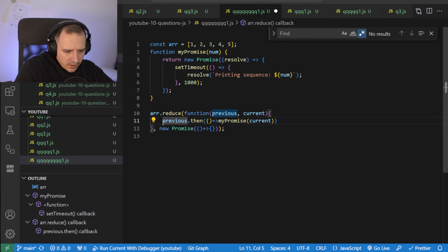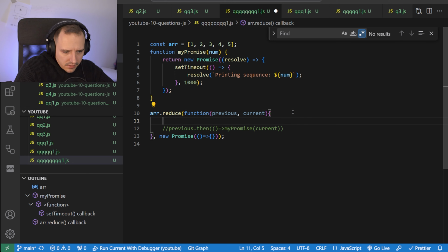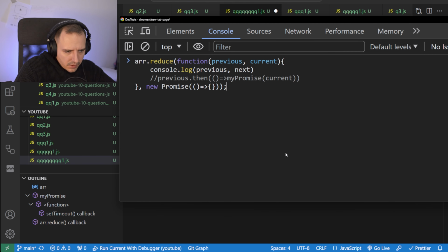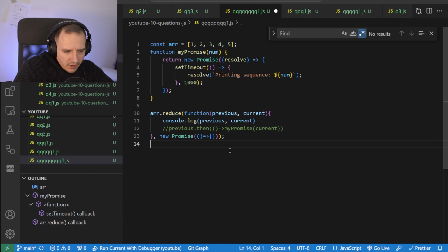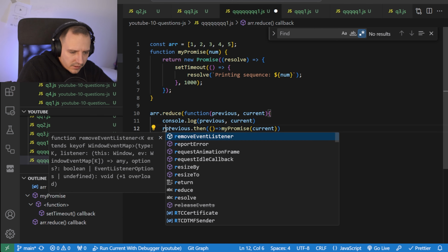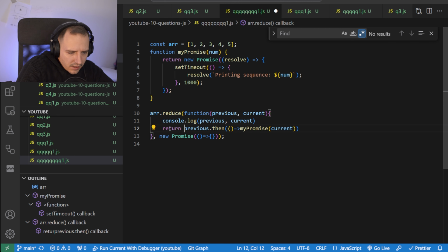I need to just console log previous and next, right? So let's see what's happening there. Oh, I didn't return, so the first one was correct. I need to do this.